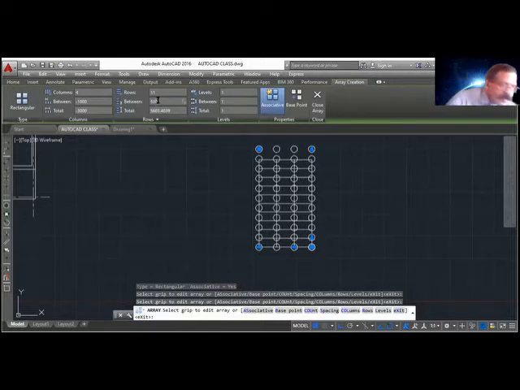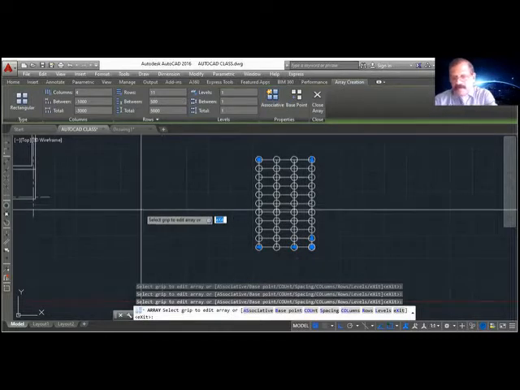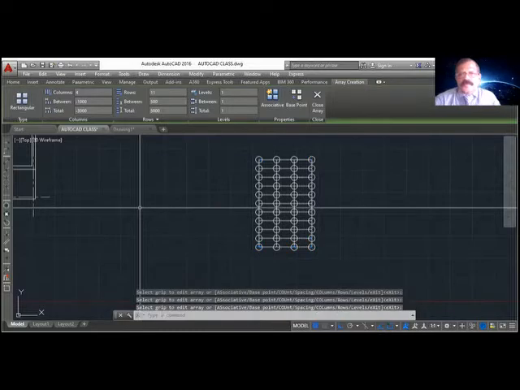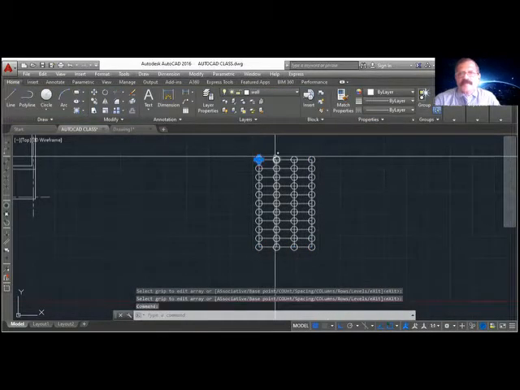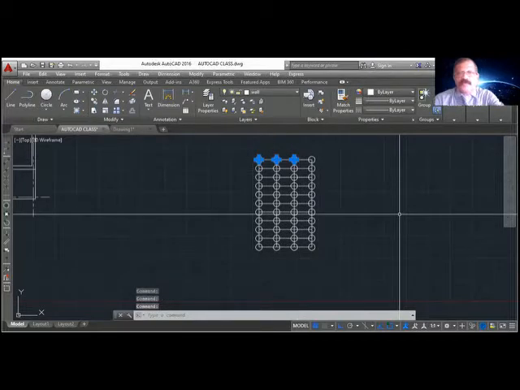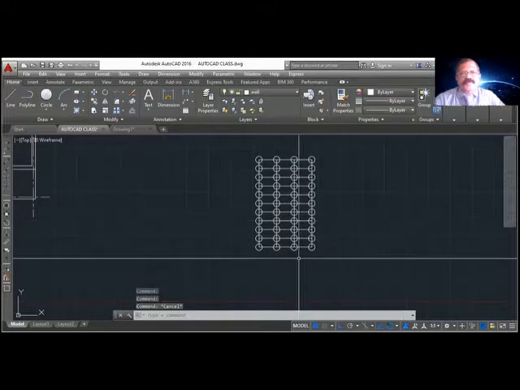Okay. Now you can see there is a button here, associate. Since this button is on, when you copy, it will become the same single object because associate is on. Let me turn this off. Now I press enter. So I got the copies. Now you can see that these are all separate pieces. Okay. So note down this. When the associate button is on, you get a single piece of array.